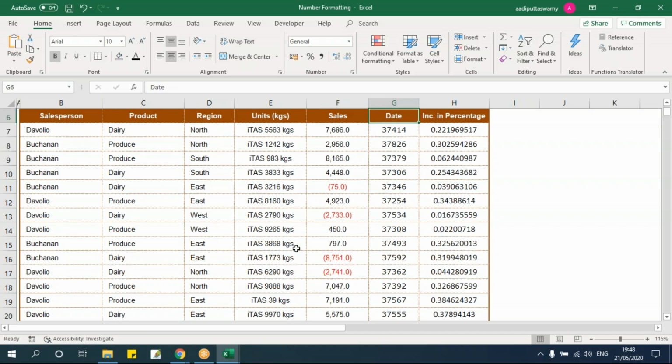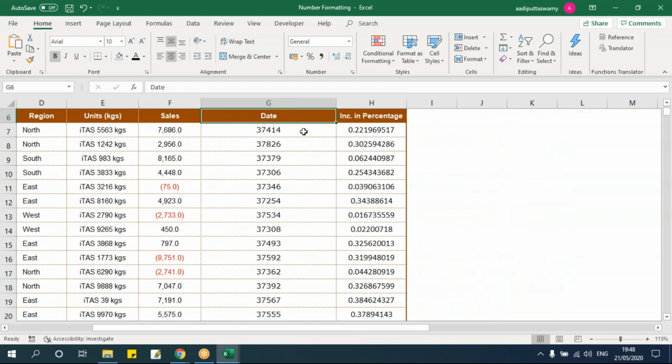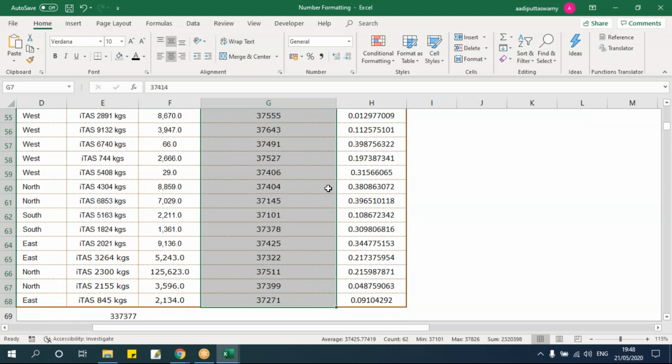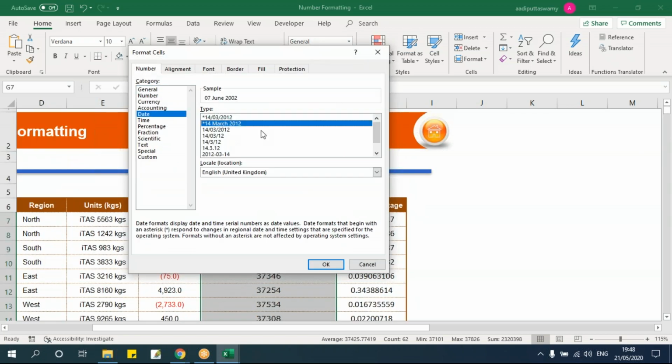Fine. Let's come to the date. The date, as I mentioned in one of our formula sessions, is always stored as values. Only the format will be changed. Let's go here. I'll change the format of this. Control 1. And if I say date, I'll get these date formats. These are all predefined.